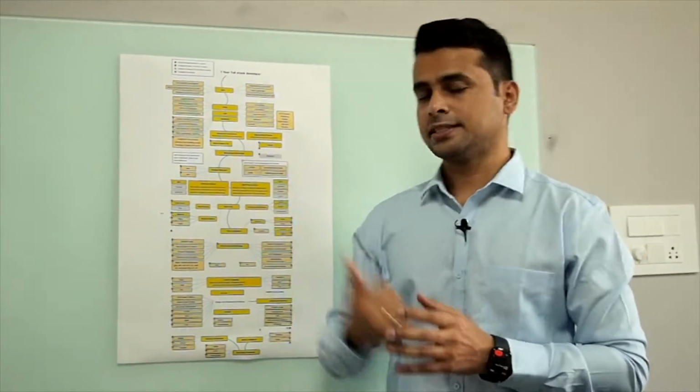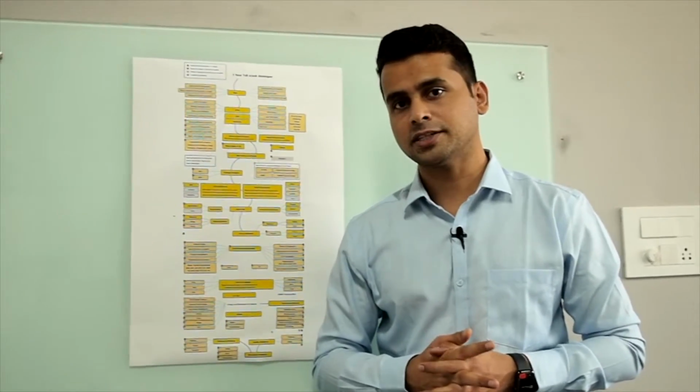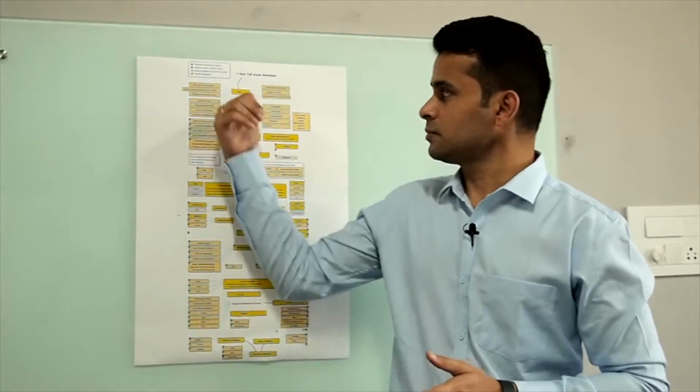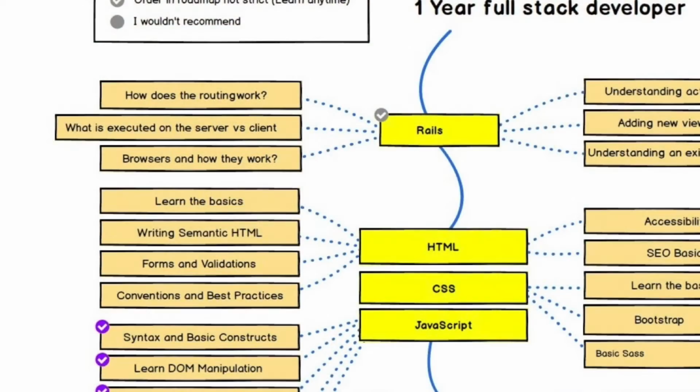At the top of the list, we have Ruby on Rails. That is what we have chosen as the web application framework for this video. We work on other web application frameworks as well, but let's talk about Rails in this video. When it comes to Ruby on Rails, we have six fundamental concepts that we would want you to go through, like understanding how routing works, what's executed on the client versus what's executed on the server, what browsers are,